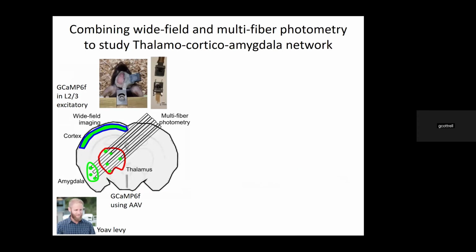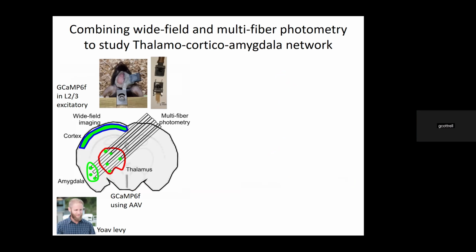So to do this, on the experimental side, we combine two imaging techniques. This is a mouse, you see it at the top here. On one side we have light field imaging, we expose the skull, and these are transgenic mouse lines that express calcium indicator GCaMP6 in layer 2-3 excitatory neurons. The whole dorsal cortex is accessible on the left hemisphere, and on the right side, we use the right hemisphere